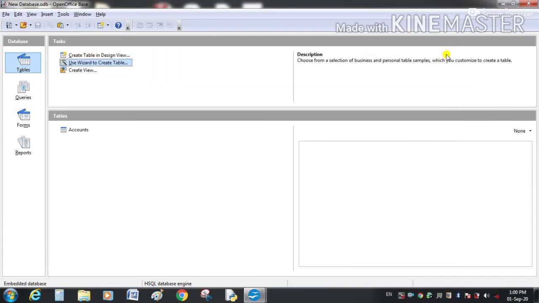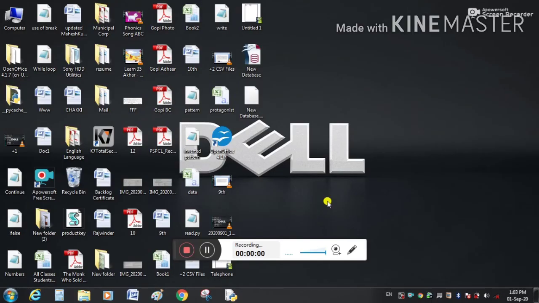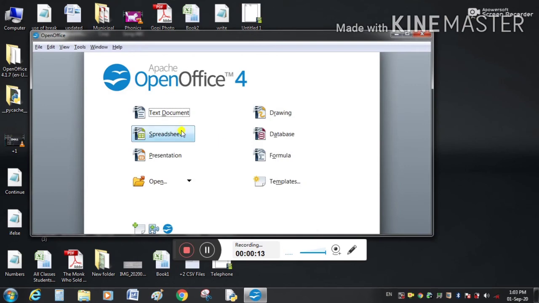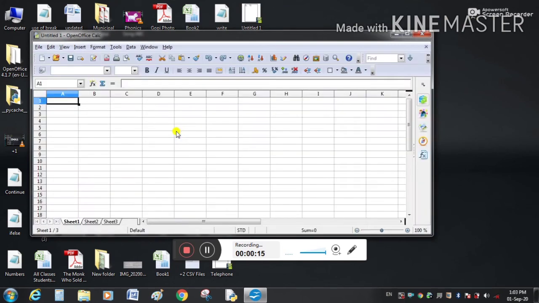Close this and close this database also. Students, here is our registered data source, new database, and we will create a link to this registered data source in our spreadsheet. So open the file, new file.